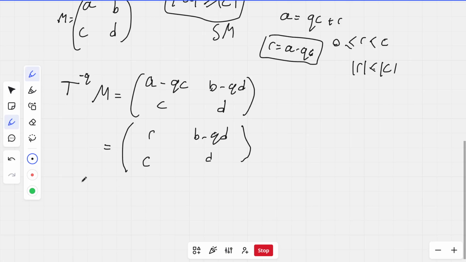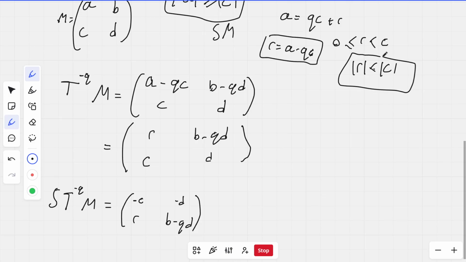And now what we can do is we can apply S. So we have S, T minus Q, M. And so now we swap both, so R, B minus QD, and negate the top, so minus C, minus D. And remember, because the modulus of C is greater than the modulus of R, we can use the division